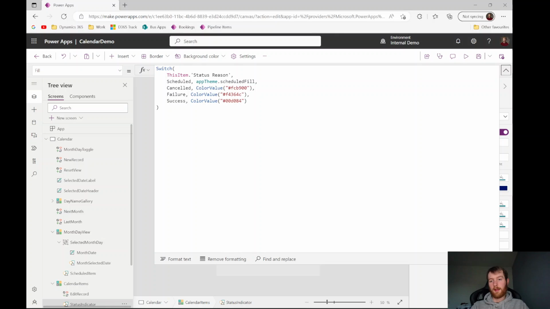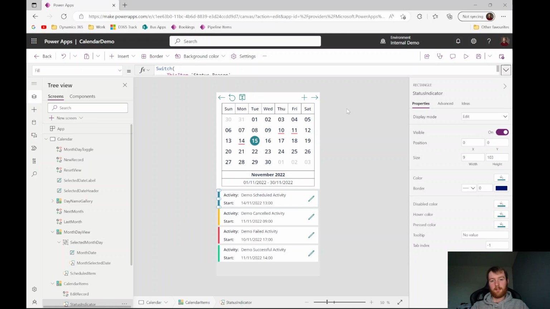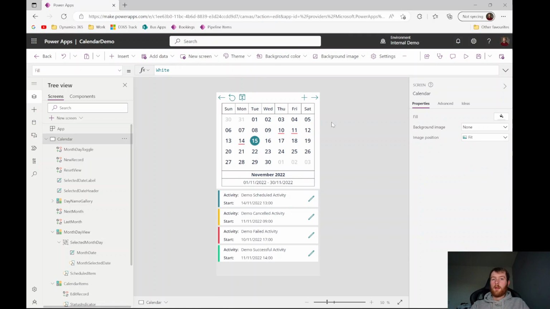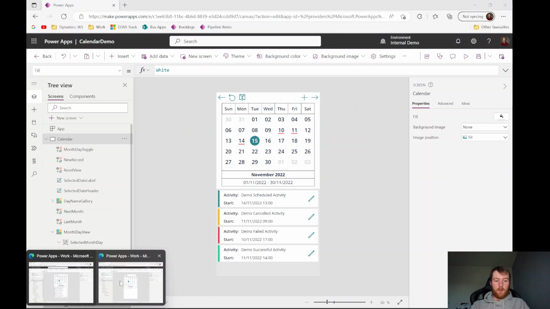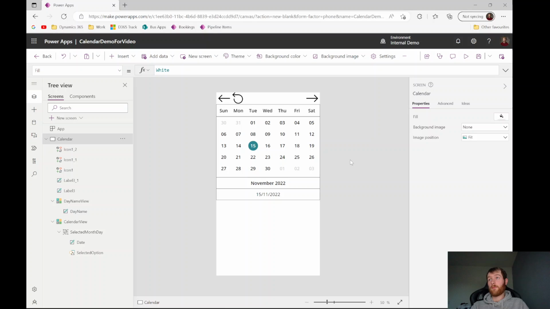Likewise, on things like failure, we've got a red on there, success is green, cancelled is an orange. So that should give you a really good idea as to how you can quickly build a calendar control using a bit of code, but really not much, and a lot of it is repeatable and reusable. And likewise, if you want to create a component that you can reuse on other applications, this is a really good starting point there. Like I said, you've got that functionality of being able to swap between months, select